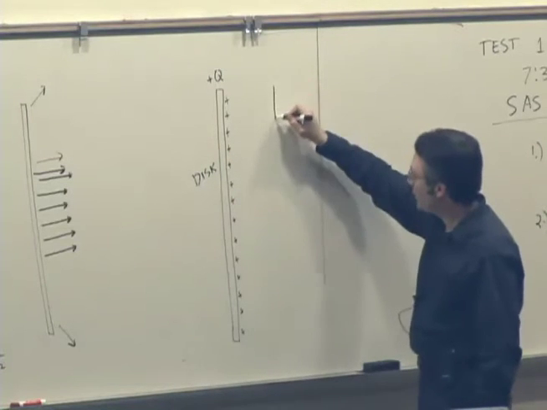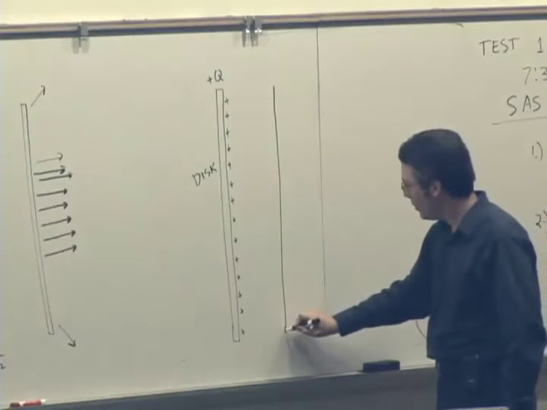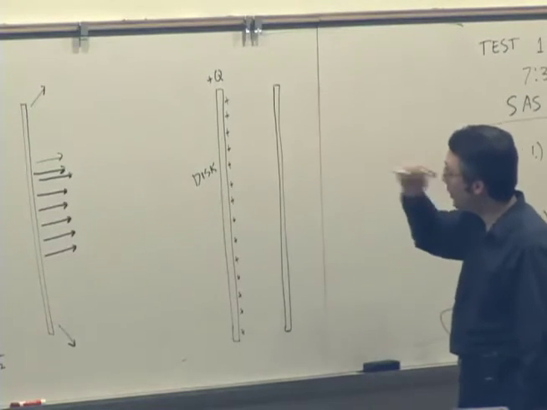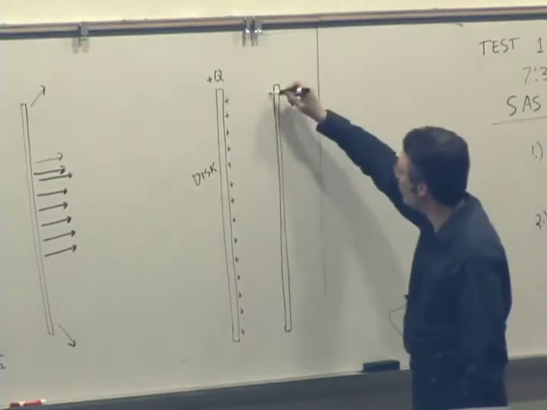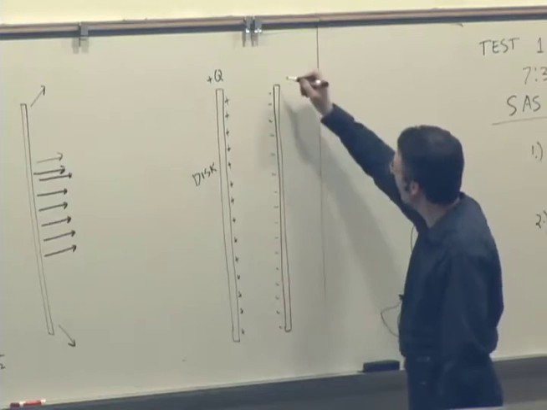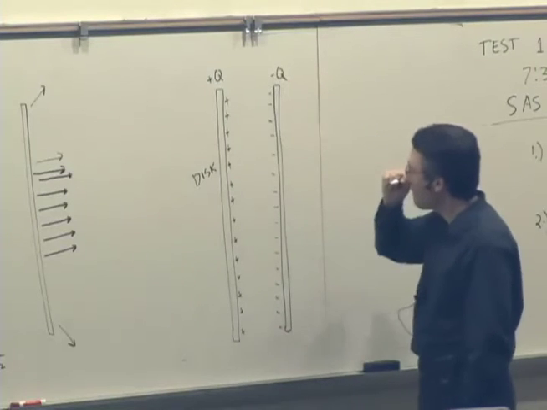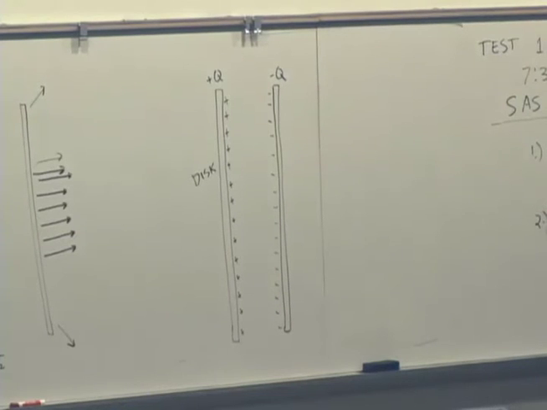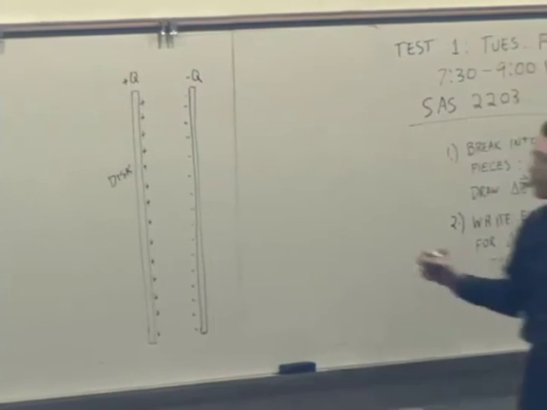And another disk that is the same dimensions, and it's parallel to it, right next to it, but it has the opposite charge. So this is negatively charged. And there's a name for this device. Anybody know it? This is a capacitor. Okay, a capacitor